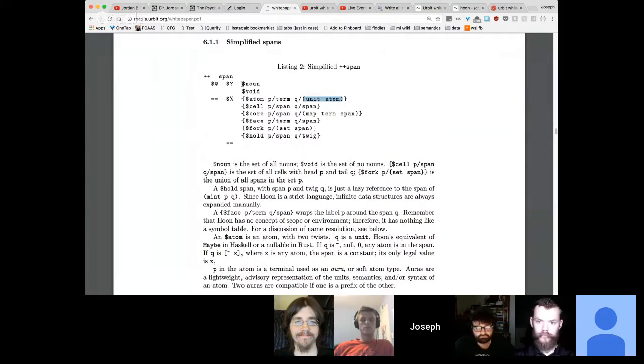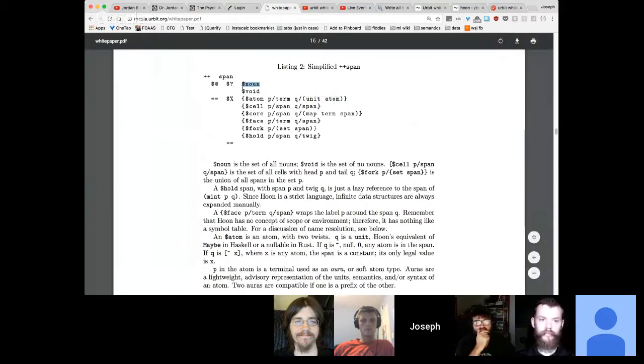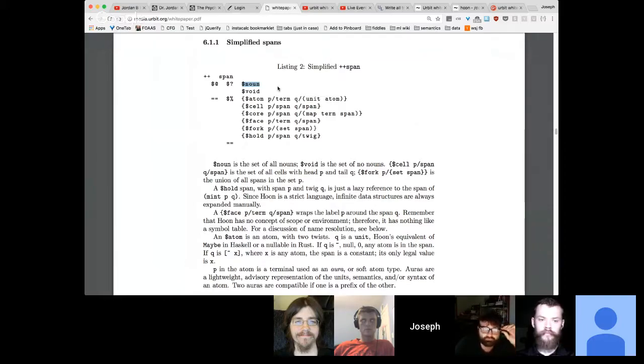And by the way, that's what the buck something represents. Buck noun and buck void here are what we call leaf molds, and they're molds that match a constant atom. So buck noun matches the constant symbol noun and nothing else. And sen noun is the constant symbol noun. So if you inspect the span of,